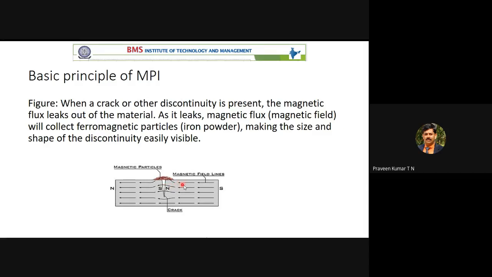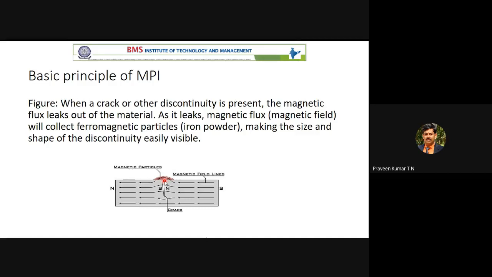There are also some magnetic lines on the top surfaces or subsurface. Because of the crack, and because powder is already on top, the lines will try to take the path through the powder itself, because powder is a magnetic material. The magnetic lines flow fast through it. Whenever the magnetic flux takes a path over the powder, there is a disturbance in the magnetic powder, and it loses the homogeneity of the surface.